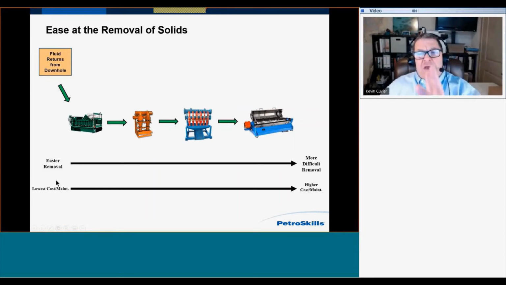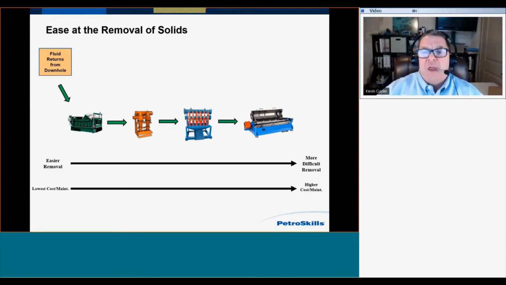If you look at this, I put 2 lines down here at the bottom. From left to right, it is easier to remove solids in a shale shaker, and it is harder to remove solids in a centrifuge. They're very efficient. You can do a great job with centrifuges, but overall, with all the solids in our system, it's a lot easier to take them out at the first available opportunity and do what we're calling screening up